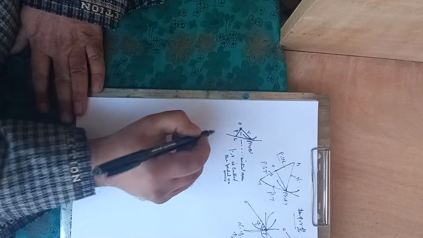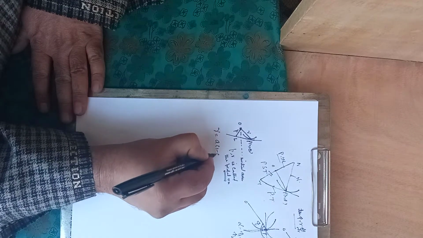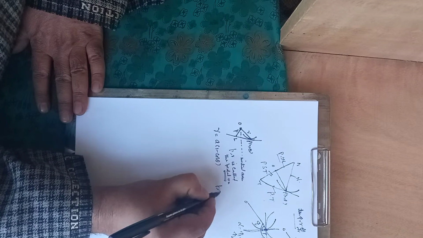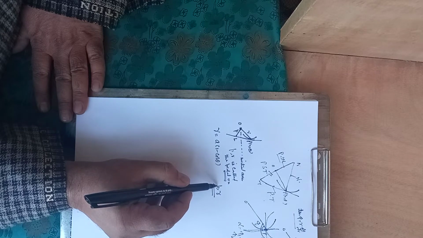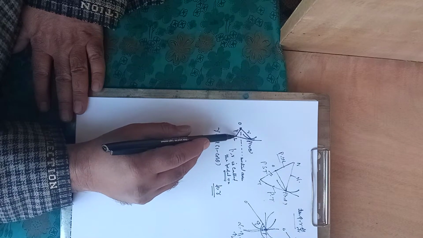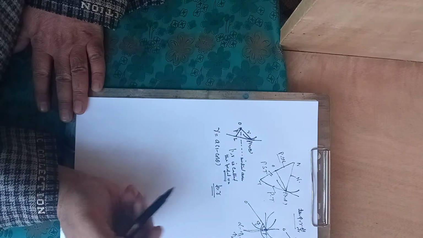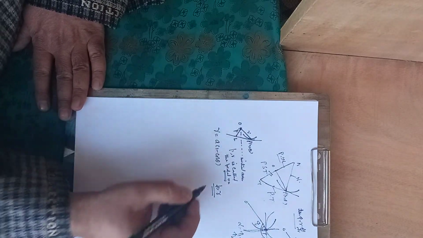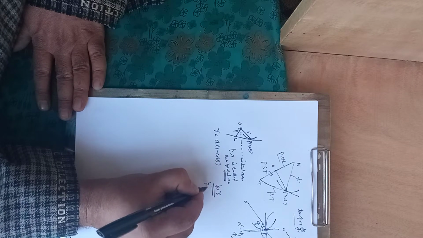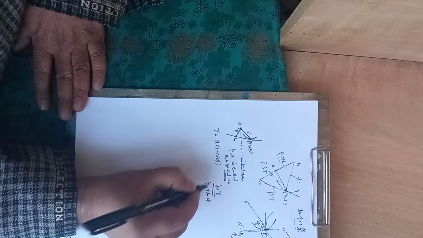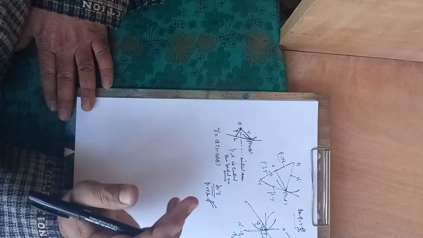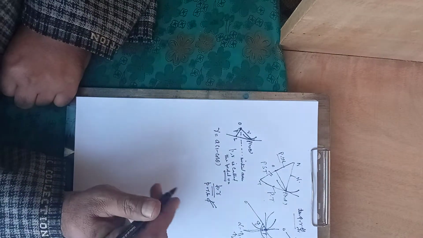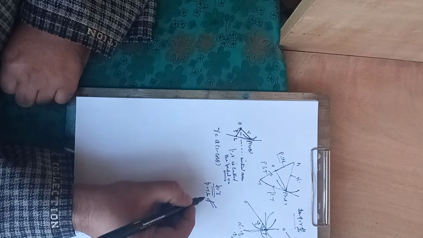Now we will have some questions on the pedal equation. Question number 1, say r is a(1 minus cos theta). We have to find the relation between p and r only. p is the perpendicular distance from the pole or from the origin upon the tangent, and r is the radius vector. See, your pedal equation is p equal r sine phi. p is known, r is known, phi is to be found out, and you know what phi is. tan phi is r d theta by dr. You can find phi from there.